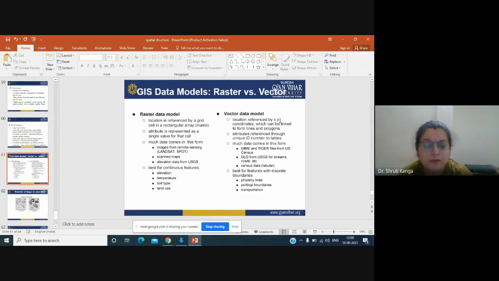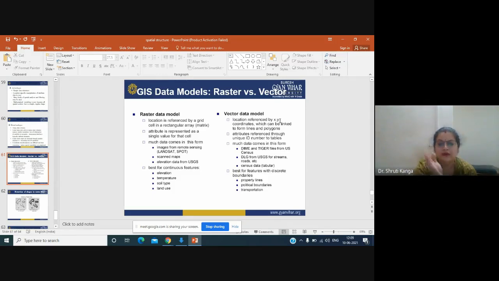Now we have a comparative study of the raster data model and the vector data model. If you see the raster data model, a location is referenced by a grid cell in a rectangular array or matrix, whereas in the vector data model the location is referenced by XY coordinates which can be linked to form lines or polygons.